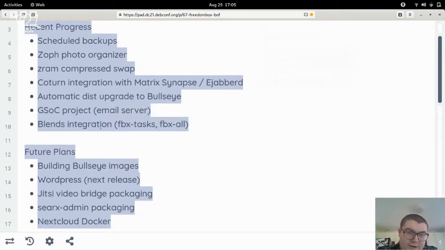Blends integration, FBX tasks, and FBX all. Could we mention about that? Yeah. So this was a feature that Sunil worked on mostly. Basically creating